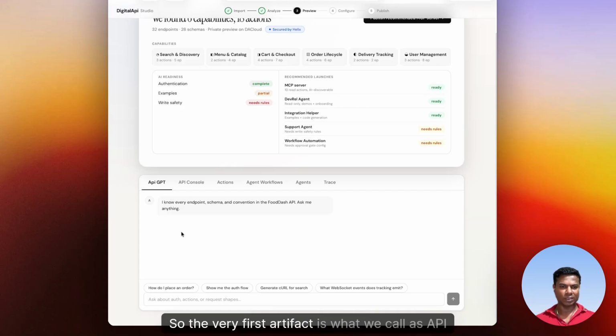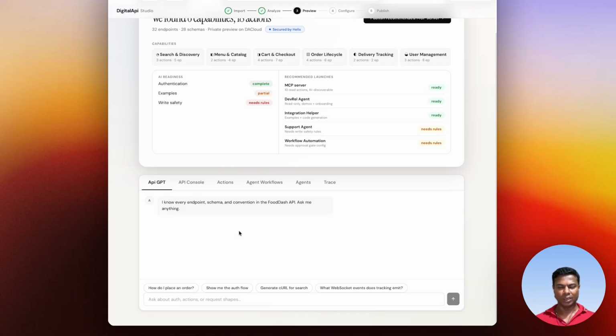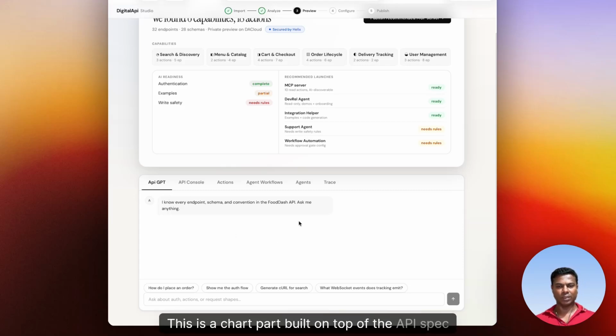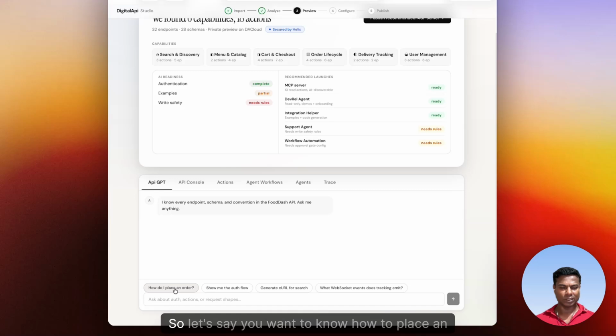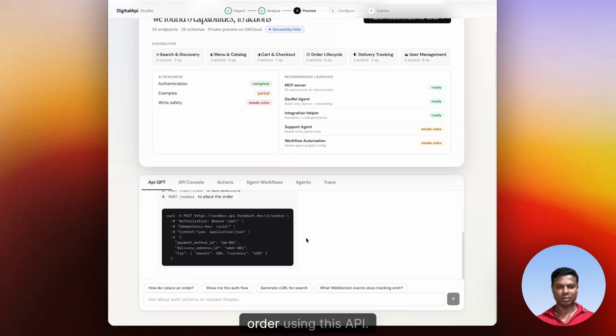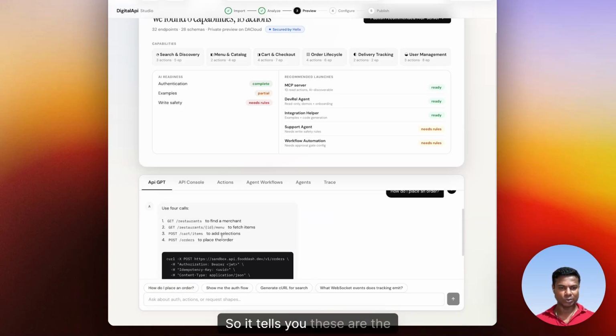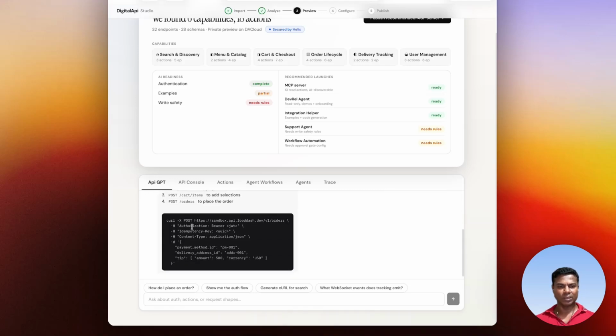So the very first artifact is what we call API-GPT. This is a chatbot built on top of the API spec, and it understands conversations. This is similar to ChatGPT. So let's say you want to know how to place an order using this API. It tells you these are the endpoints you'll have to use, and it also gives you the actual curl